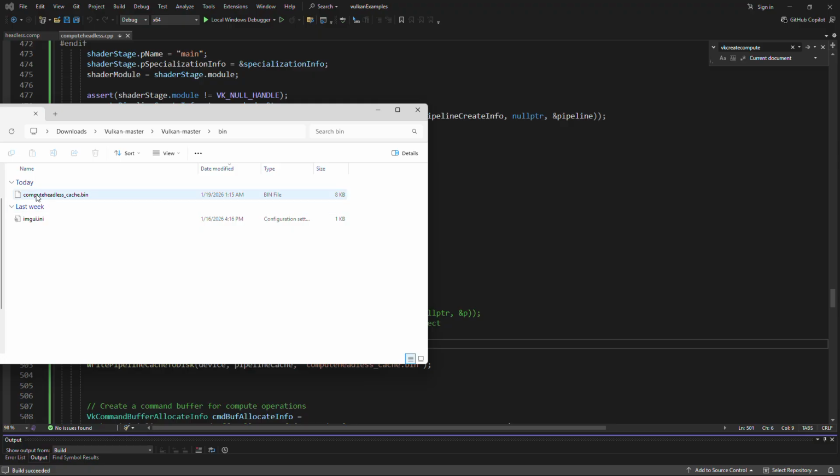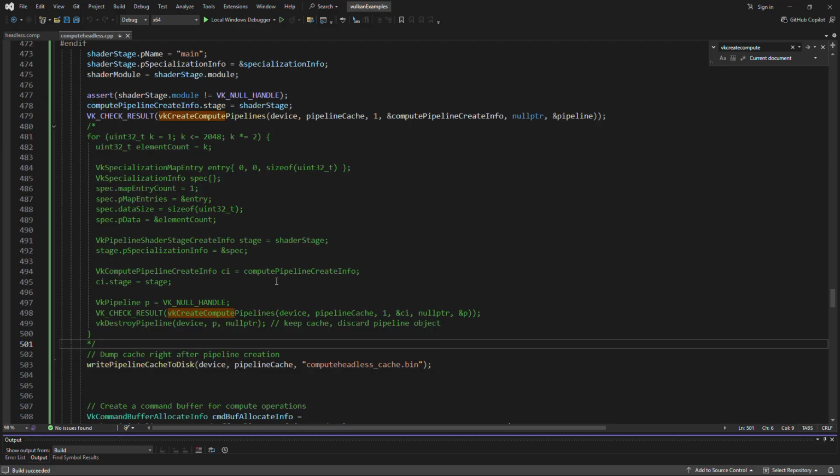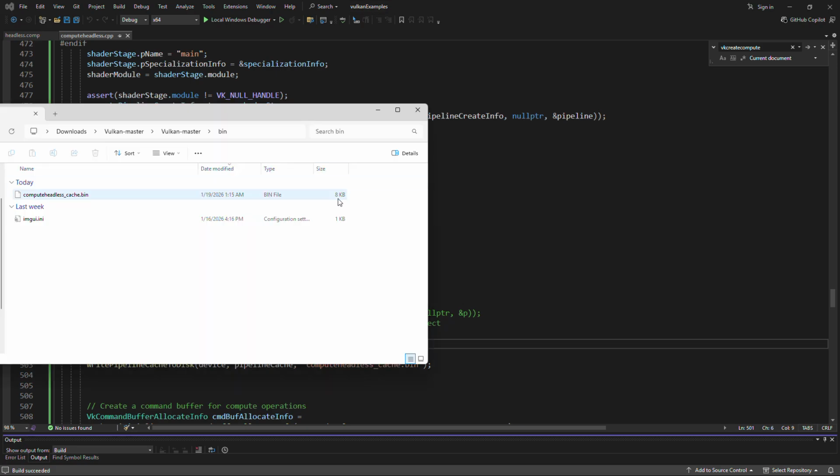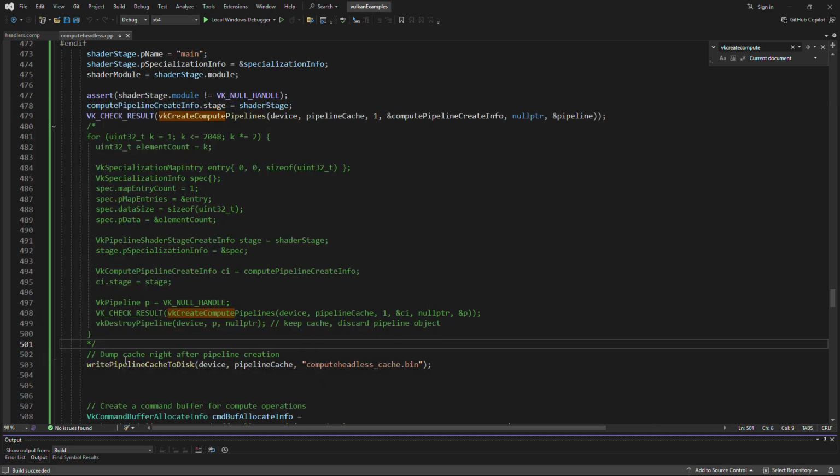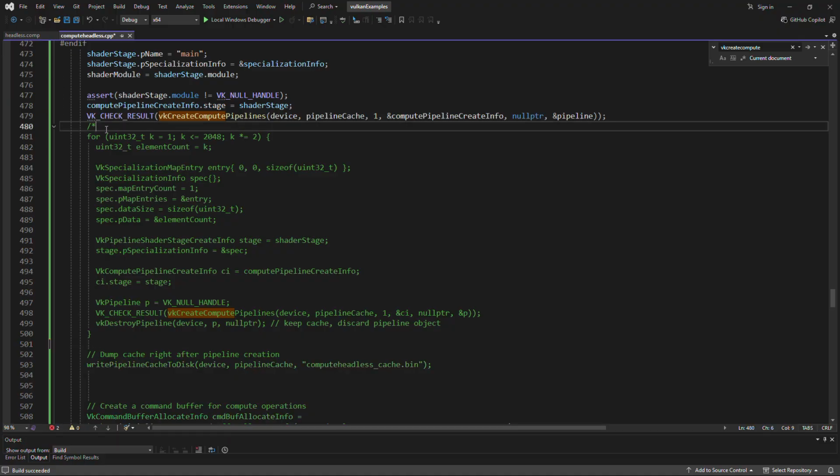But it's not something that you're going to try to open up and view and manipulate and all that stuff, right? That's not the point. So anyway, we have a pipeline cache, and we can see that it's 8 kilobytes, as it is right now. Now, what I'm going to do is artificially inflate